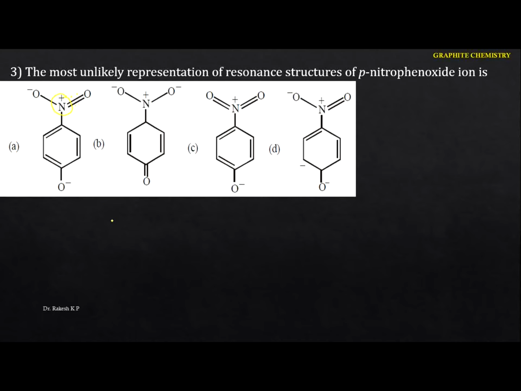Just identify this nitrogen here, which has a total of 4. Especially in the third structure we can identify 10 electrons around the nitrogen. Normally we know that nitrogen is an element of the second period. It belongs to the second period here.